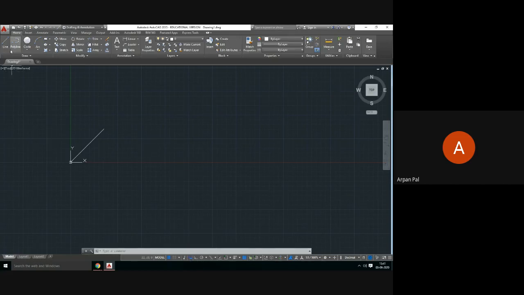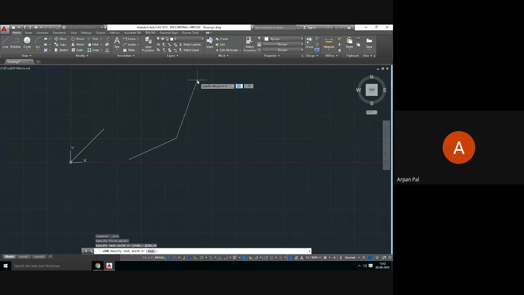If you take the line and type 100 as your dimension, it will show nothing in the command box. Instead, at the cursor point, it shows that this is your dimension, and then if you press the angle symbol and type, suppose, 45, you will get this 45.